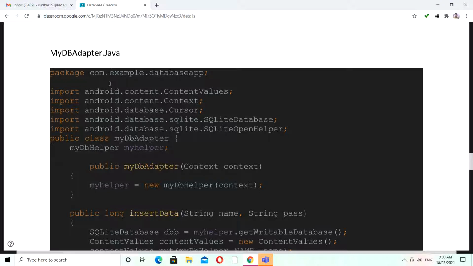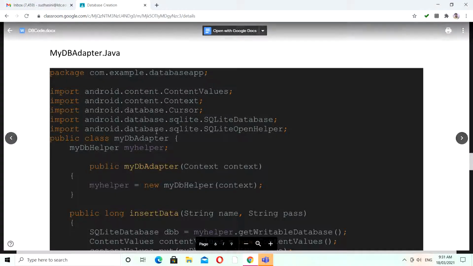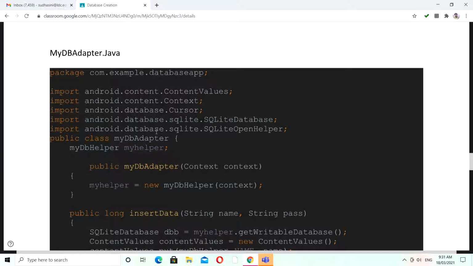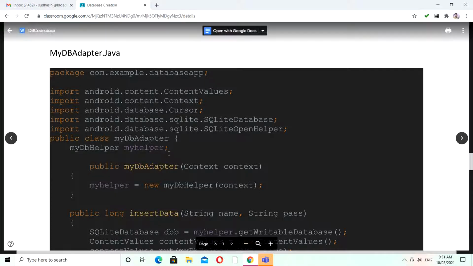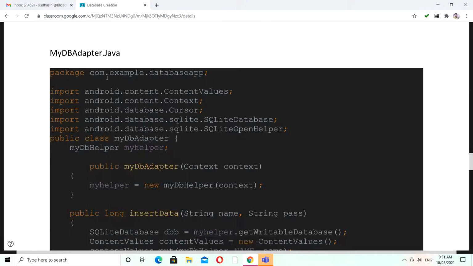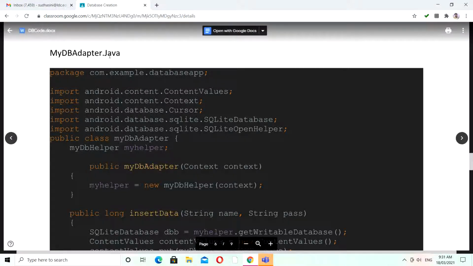In the previous video we know that we have two classes, SQLiteDatabase and SQLiteOpenHelper, where we create your databases and activate your SQL operations like insertion, updation, everything. The complete database operations, I mean the exact syntaxes of your database operations, will be kept within your MyDbAdapter.java.